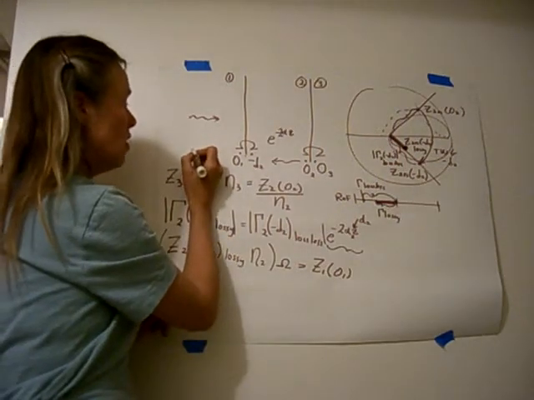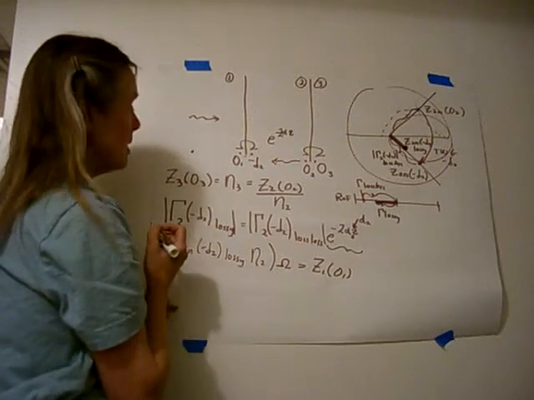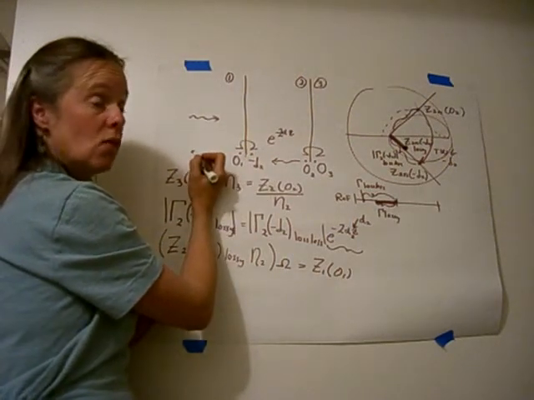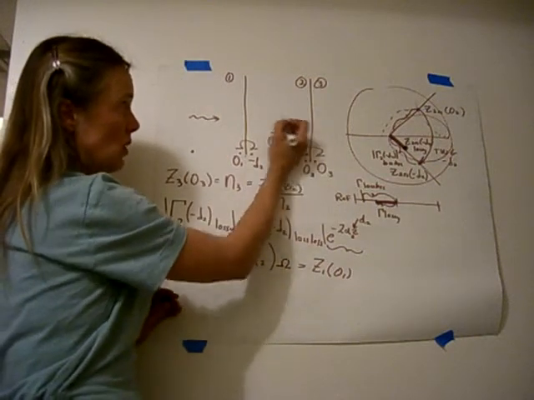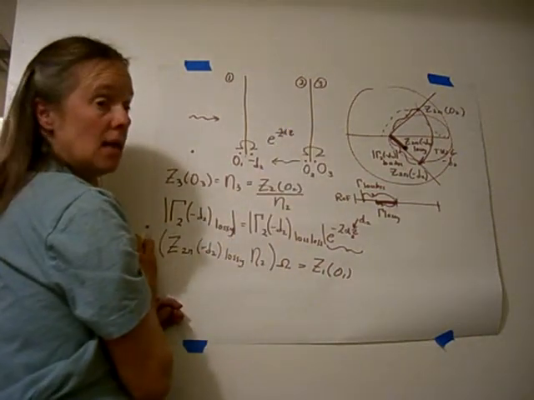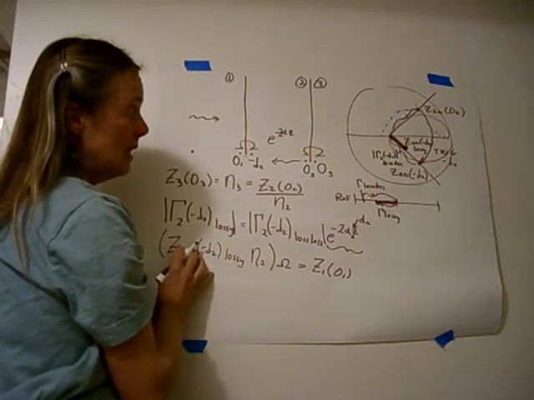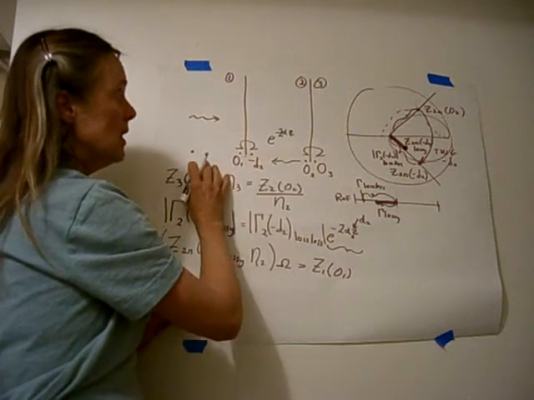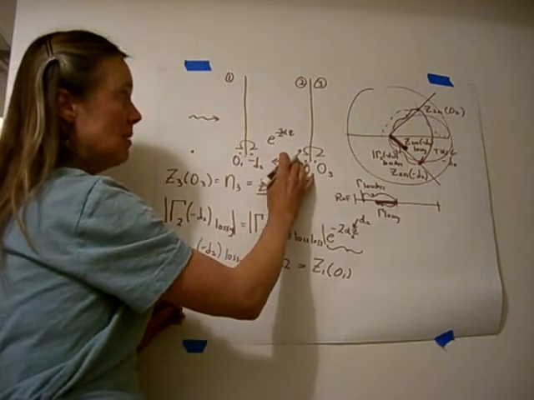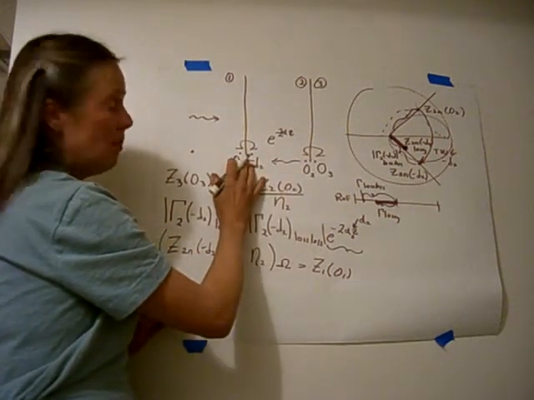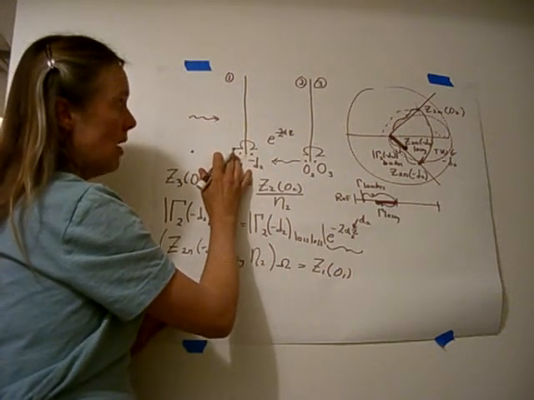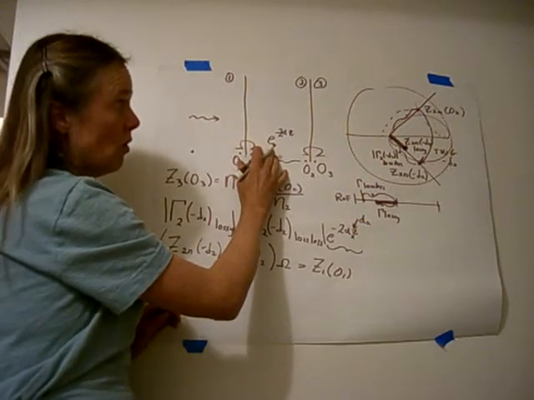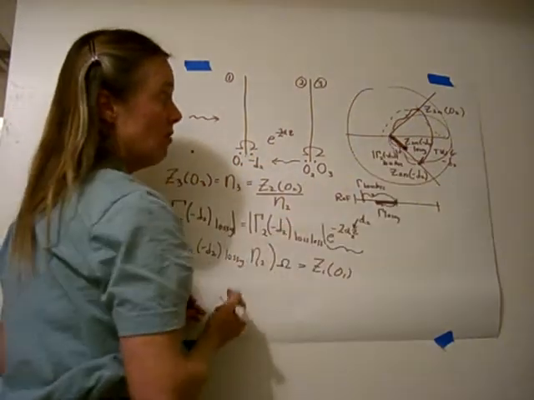Now, if I needed to know the reflection coefficient out here for some reason, I would need to rotate from O1 to minus D1, and if region 1 were lossy, I would also need to reduce the reflection coefficient by e to the minus 2 alpha z, just as I had in this case. So as you can see, everything is exactly the same, moving from right to left: allowing ohms to cross the boundary, using the Smith chart to represent propagation. We also are using the Smith chart to represent the attenuation or the loss, and we're doing that via the reflection coefficient.